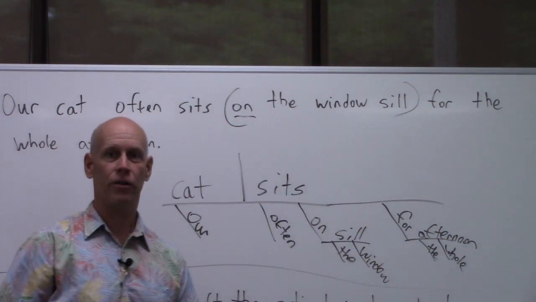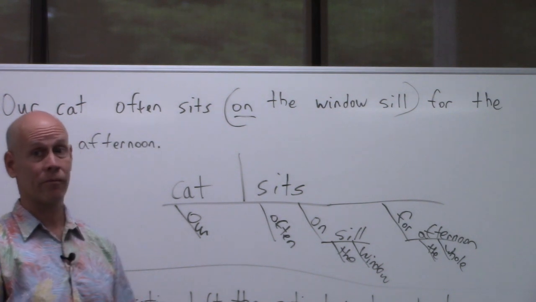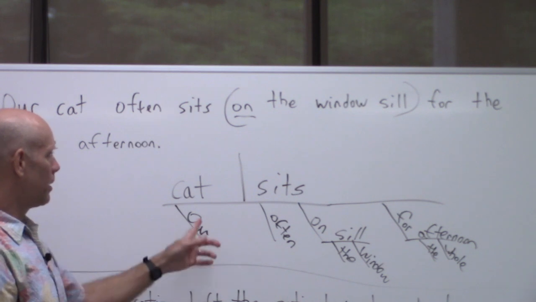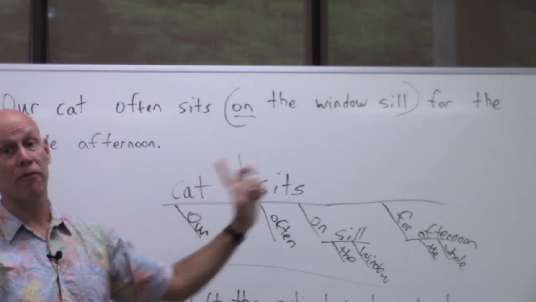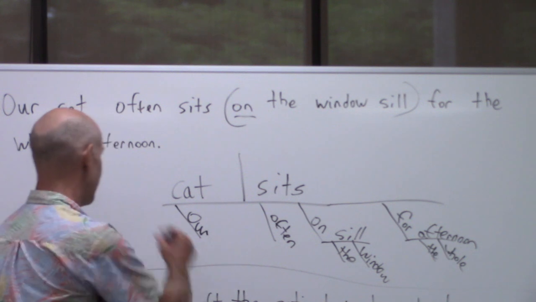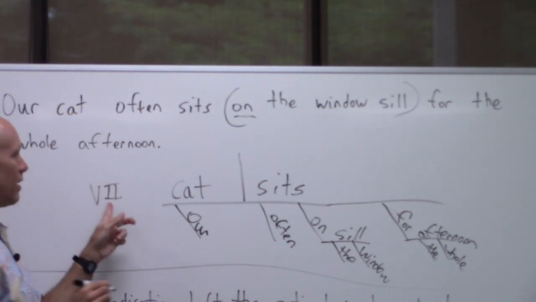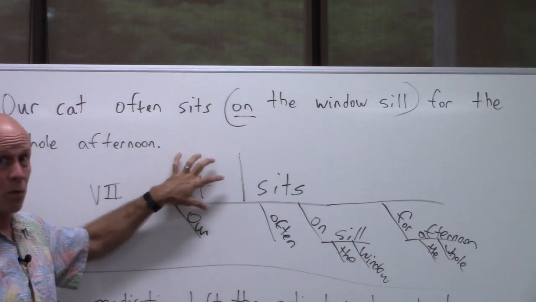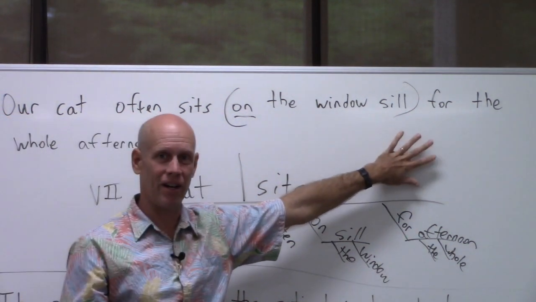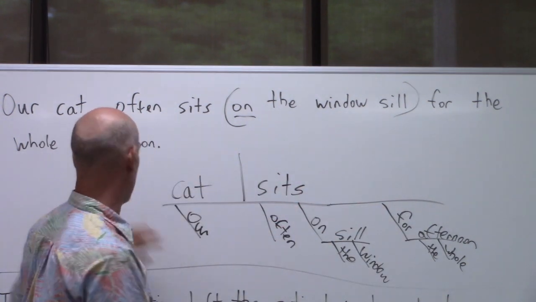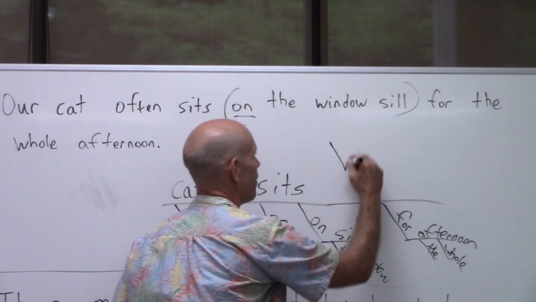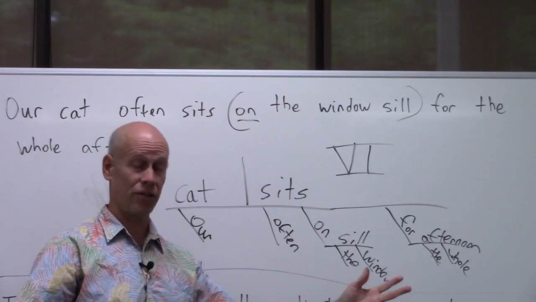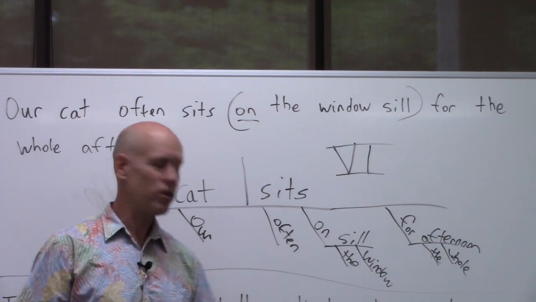What pattern do we have here, dude? We have a pattern. Think about your Roman numerals. 7, 7, 7. Well, you need two noun phrases to spell a pattern 7, right? Yeah. There's our 7. How many noun phrases do we have here? 1 and 2. 1. There's just one, there's no direct object, right? So there's only one noun phrase, so we're left with pattern 6. That's right, pattern 6. It's your intransitive verb. The cat's just going to sit there. And we have one last one down here.